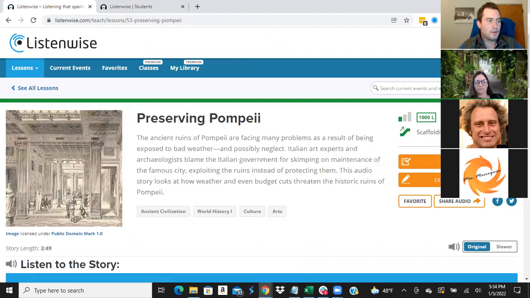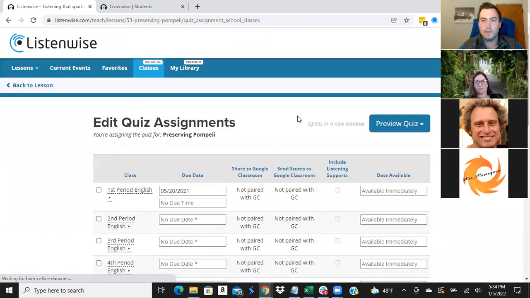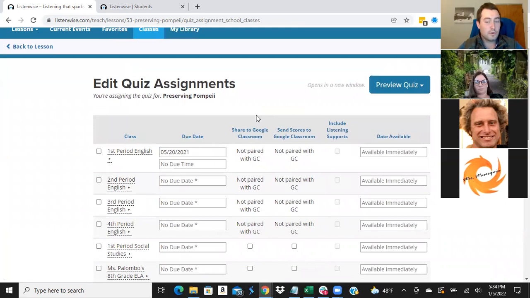The other thing that I want to show you all is assigning a quiz. Assigning a quiz is very easy. Similar to an assignment, you just click on the Manage Quiz or the Assign Quiz button on the right-hand side. And because all the quiz questions are already pre-written, all you have to do on your end is choose the class that you want to assign it to, and then decide if you want to include listening supports or